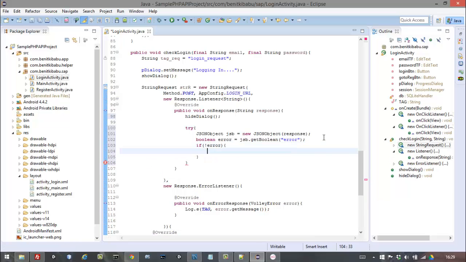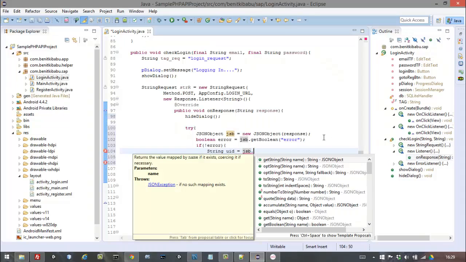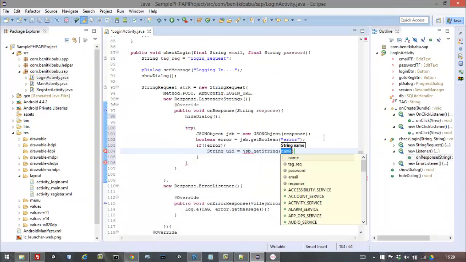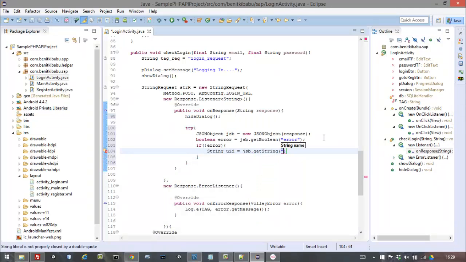So if the error is false, then we want to say String uid is equal to jsb.getString, and in the string we want to say uid,